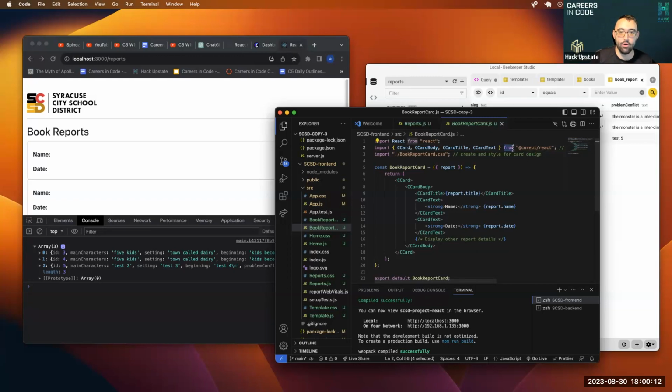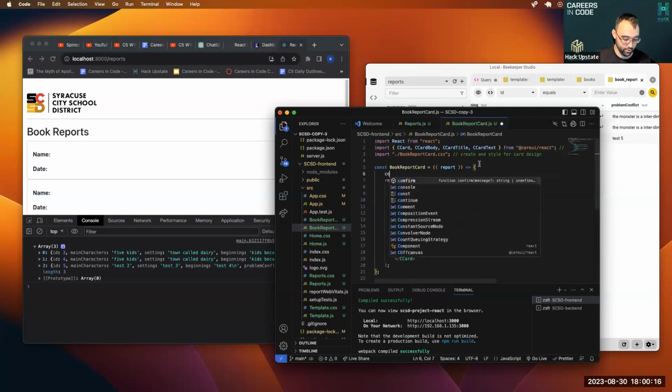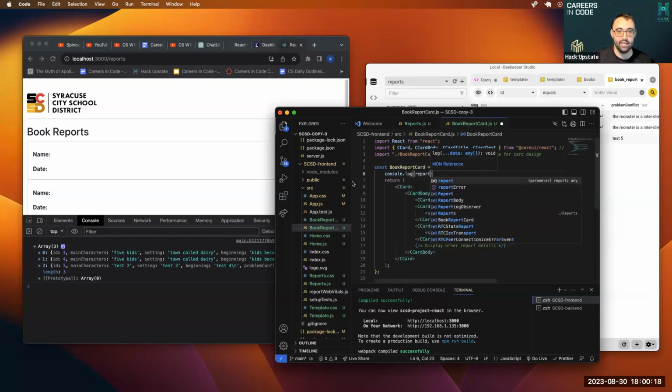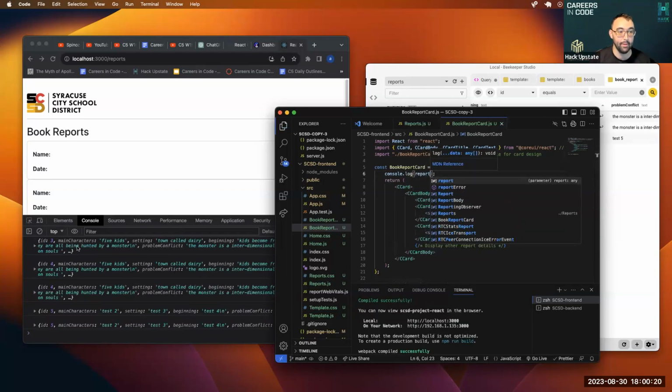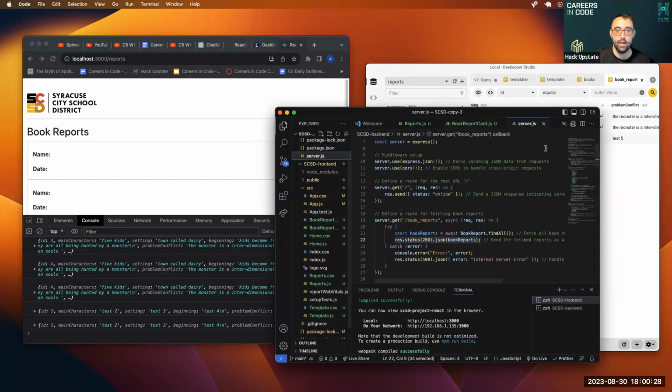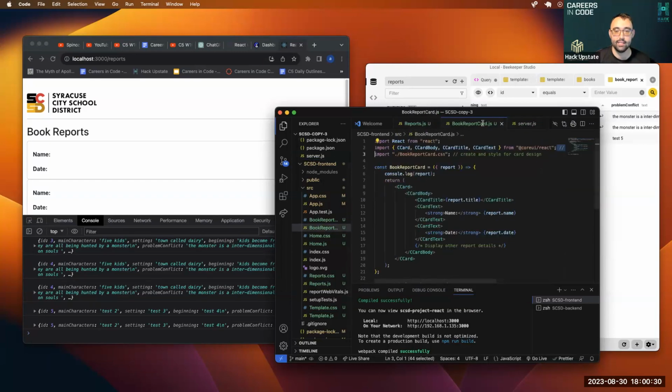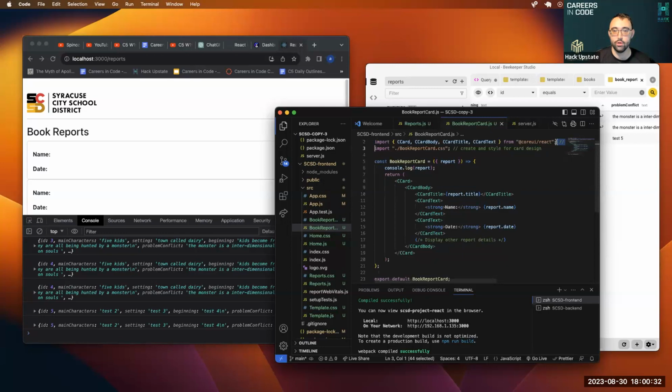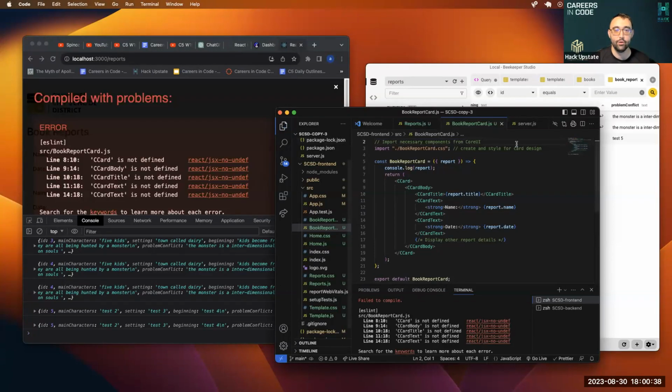If we take this out, first of all, I want to console log your report here and make sure that the data is passing down via the prop. And it is. The right information is here. So what we can do is I'm going to kill this entire import, and that is going to make your code scream bloody murder because it wants to use all of these components. So instead, what we're going to do